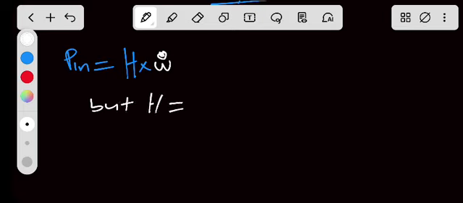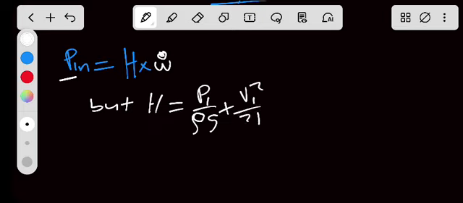It will be equal to P1, remember? Because we are using P1 because this is an input. We're using that because we're dealing with an input power. The one we have to use is P1 over rho g plus V1 squared over 2g